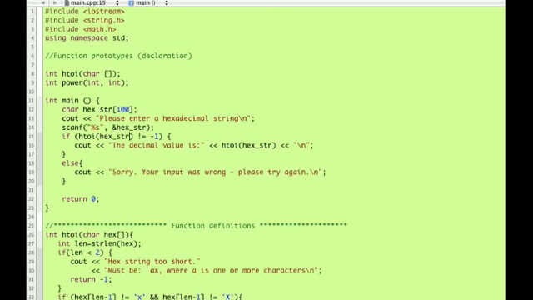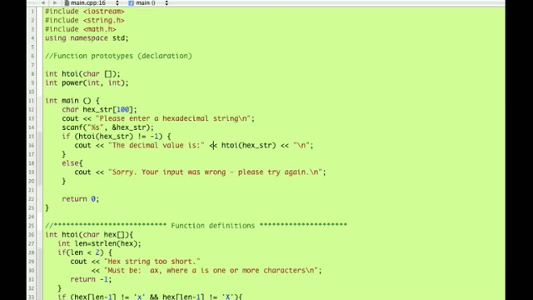And then I ask if h2i of hex underscore str, which is the character string because we put it into this variable, not equals to -1,